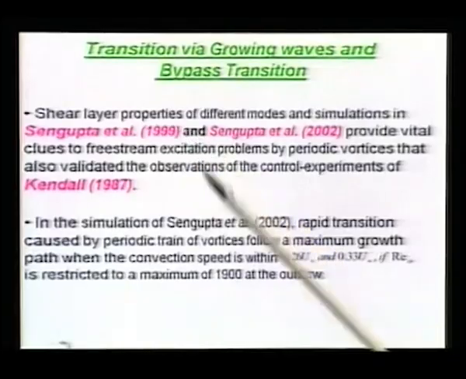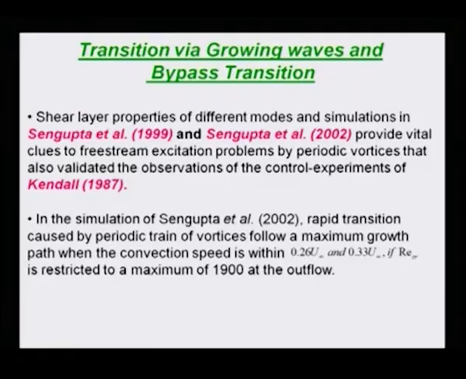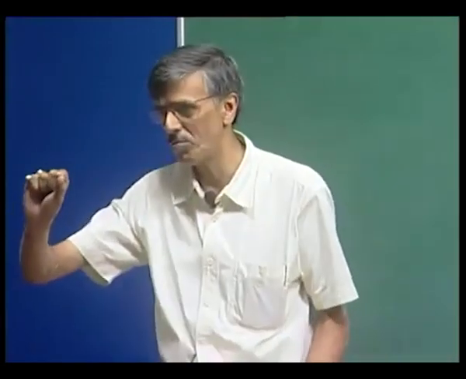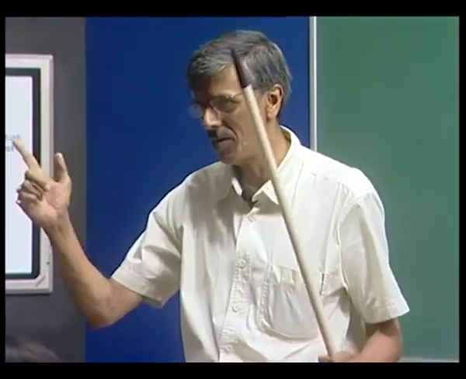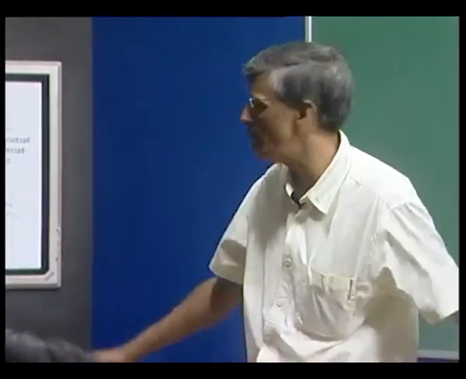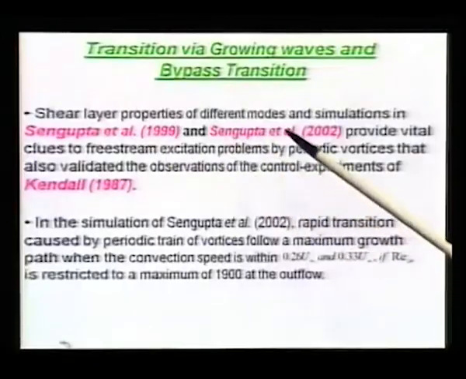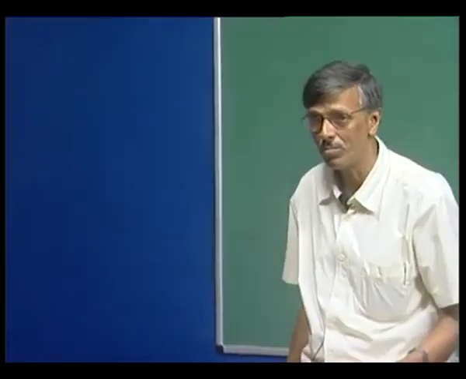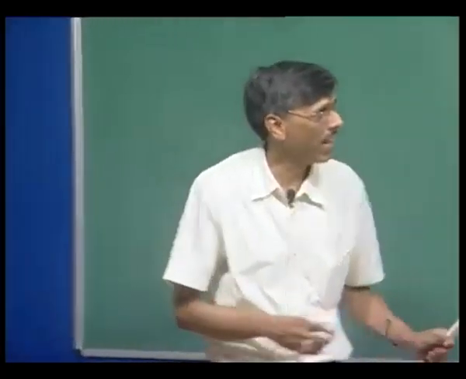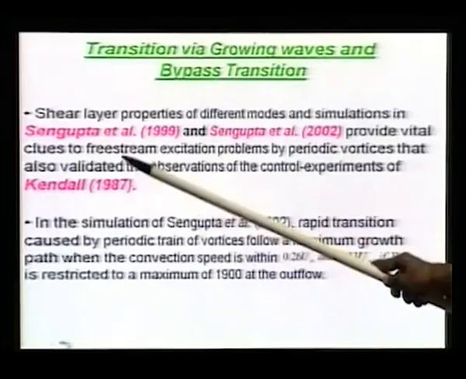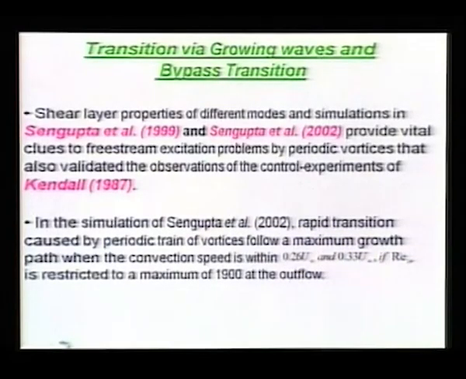Look at, in contrast, the kind of simulations that we reported. Here we talked about how, even though we are talking about pure convection with a prescribed velocity and time scale, due to dispersion we can actually fill up the band. That was one thing that we did. And in this work, of course, we did connect the wall mode and the free stream mode, and we showed why you get much larger growth because of this kind of scenario, right? Okay. And that's the scenario of Kendall's experiment. Okay, and we did talk about this.